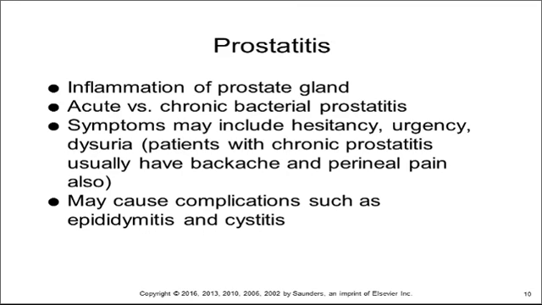Bacterial prostatitis can occur with urethritis, which is an infection of the lower urinary tract. The most common organisms that can cause bacterial prostatitis are E. coli, Enterobacter, Proteus, and then some groups of streptococci. With acute